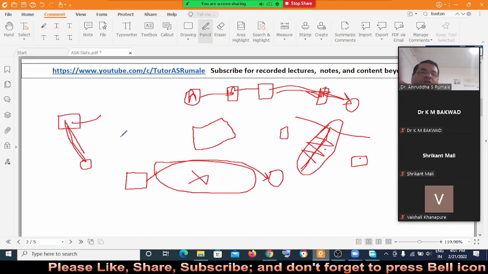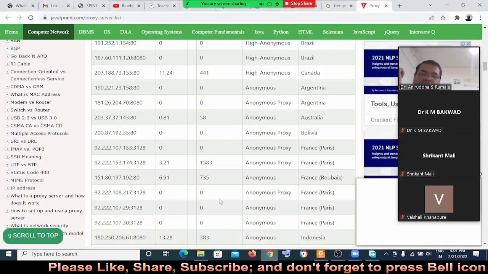So generally this firewall bypassing and other things are done by using proxy servers,